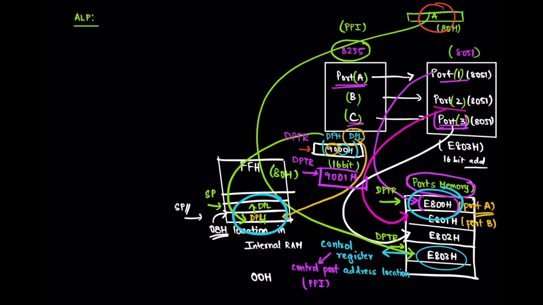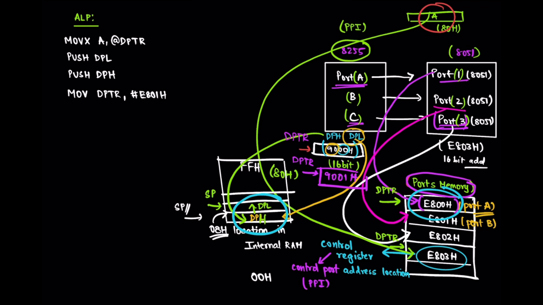Now I have to send whatever I have in DPTR to the accumulator, and for that I have to write MOVX A, @DPTR, the same thing which we did for 9000H, and then I have to push the DPL and DPH to the stack. So I have to write PUSH DPL and then PUSH DPH, and then I have to move the DPTR to the desired location where we want the value E801. So for that I have to write MOV DPTR, #